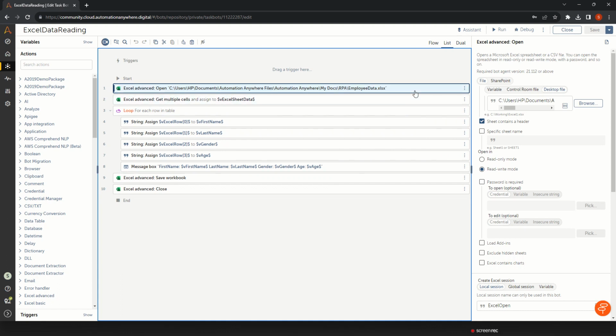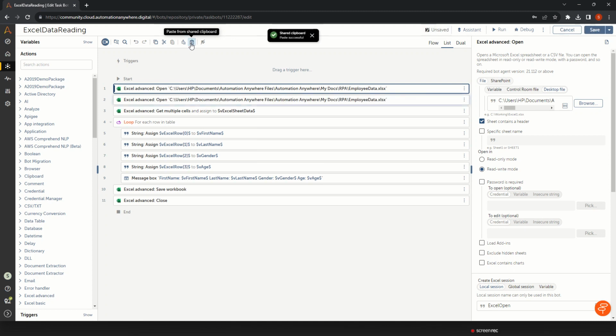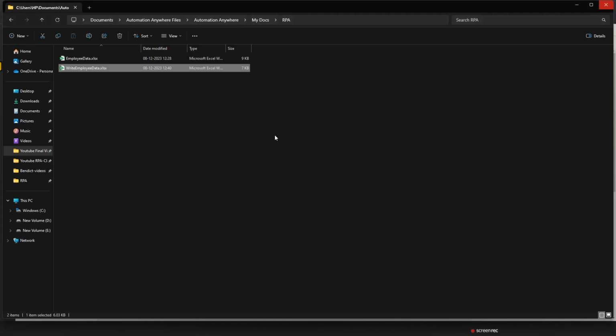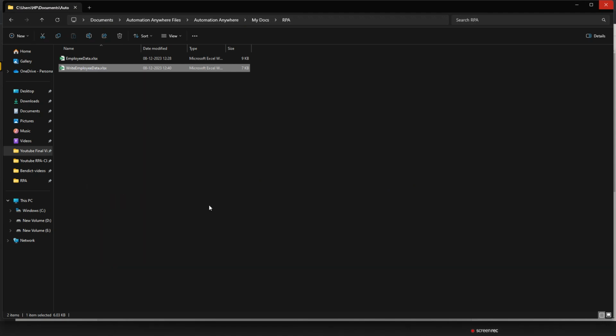I'll just copy this task. Here you can see copy to shared clipboard. Click on it and then click paste from the shared clipboard. So it is copying one more. I'll just change this file path. So I'll take this one, write employee data. Hold the Shift key and right click on it and take this copy as path,